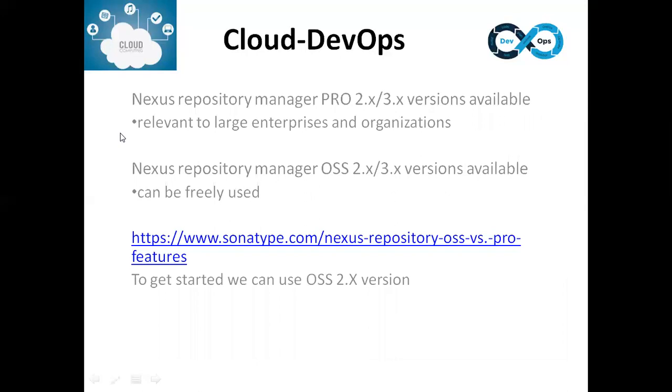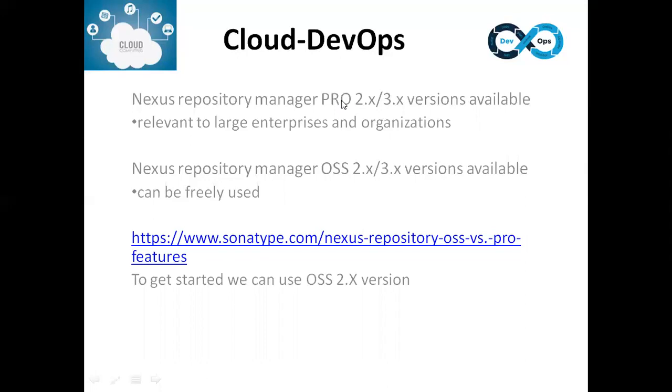For our understanding and practice, we'll go with Nexus. In the Nexus repository manager, we have two types: one is Professional, another one is OSS. Professional has 2.x and 3.x versions, and OSS also has 2.x and 3.x versions.